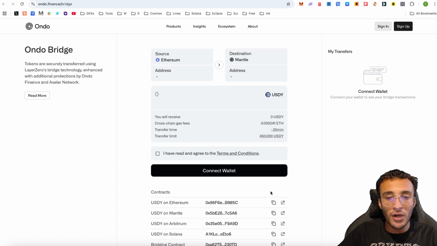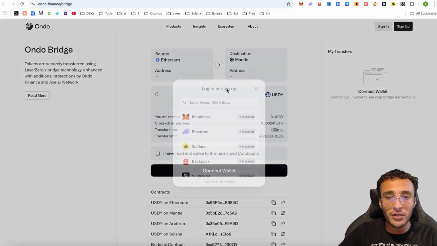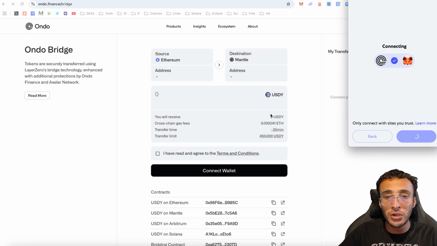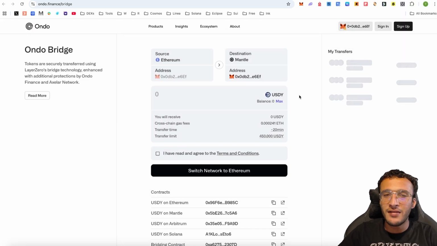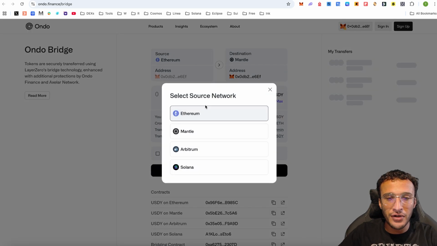So guys, what I want to do is I want to now show you how to qualify for the airdrop utilizing the Ondo bridge. So you need to get yourselves logged in. Once you've got yourself logged in, as you can see, we now need to use USDY, the native stablecoin of the Ondo Finance protocol, which is powered by LayerZero in order to move assets to and from many different networks. So for example guys, if we wanted to get USDY on any of the compatible networks such as Ethereum, Mantle,